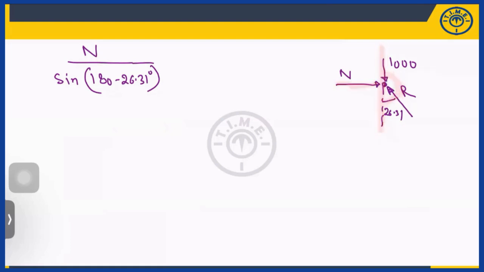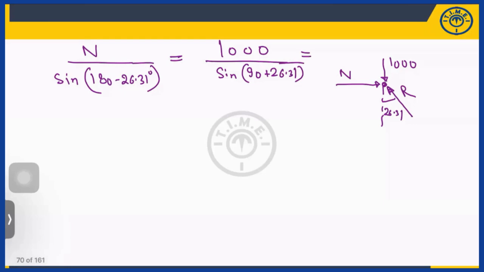This total is 180, so you just subtract 26.31. Similarly, is equal to 1000 divided by, what is the angle? This angle is 90 plus 26.31. That means sine of 90 plus 26.31, again is equal to,